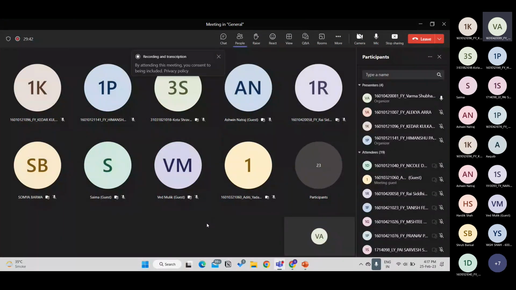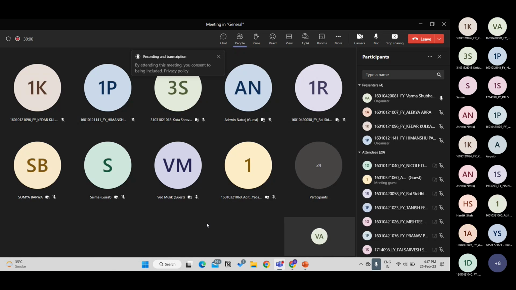The session flow will be like this. First, we'll start with the basics: what is PyTorch, what is a tensor, and how do we convert NumPy to a tensor? And then we will go towards implementing PyTorch in linear regression and logistic regression. After that, we will go towards neural networks. The scope for today is learning about PyTorch and learning how to implement it in neural networks and linear and